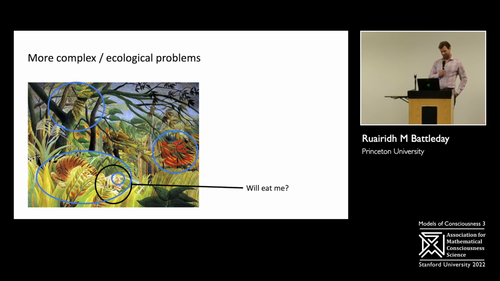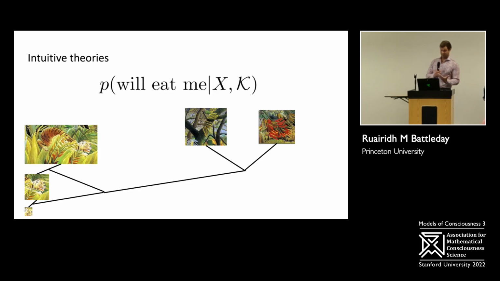So one could look at the direction of the leaves here, maybe the rain and the tiger's stance and its eye. You see that tiger looks quite scared, and it might be that there's a storm going on here. And indeed, Rousseau's title for this is "Tiger in the Storm (Surprise!)". So something intuitively about that would lead you to think that tiger is much less likely to eat you if